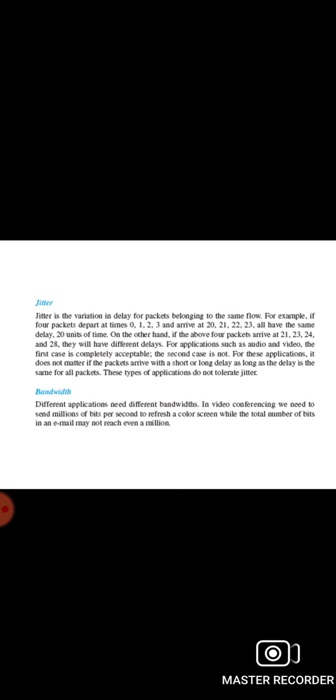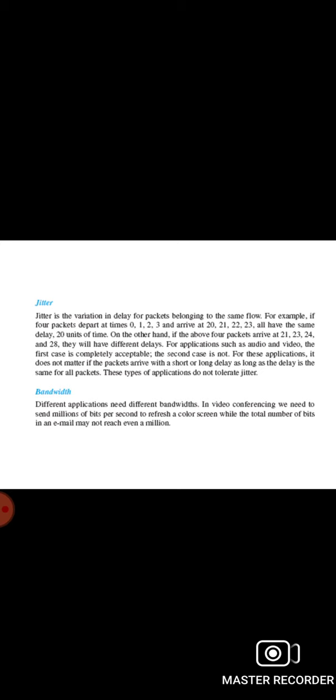And now let's discuss some of the techniques to improve the QoS, that is, quality of service. So now we have defined QoS in terms of its characteristics. Now let's see some techniques which can be used to improve the quality of service. Common methods are scheduling, traffic shaping, admission control, and resource reservation. Let's see them one by one. First is scheduling. Packets from different flows arrive at a switch or router for processing.